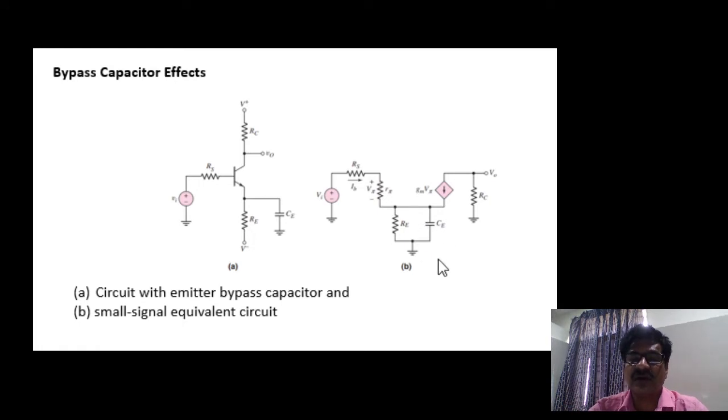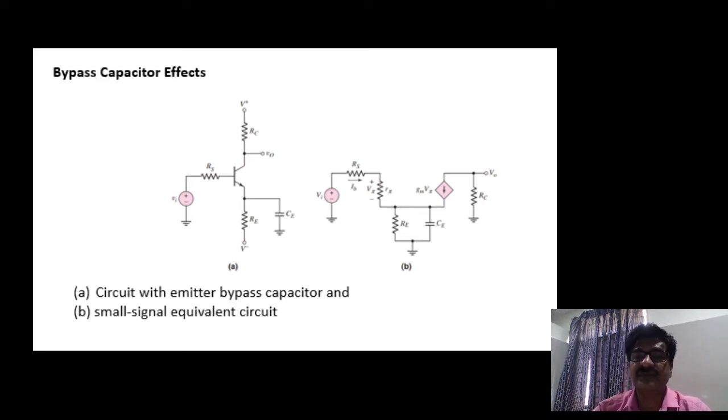Whatever we derived for the voltage gain, input impedance and output impedance in the first unit, there we neglected all these capacitances. But in a practical way you need to consider those capacitive effects also. That analysis is generally in the mid frequency range. In the mid frequency range, none of the capacitors affect the gain. Only at very low frequencies and very high frequencies the capacitance affects the gain, that you observed in the frequency response curve. In the middle frequency range, the gain is constant, whereas at very low and very high frequencies, the gain falls. Now, including this CE capacitor in parallel with RE in the equivalent circuit,